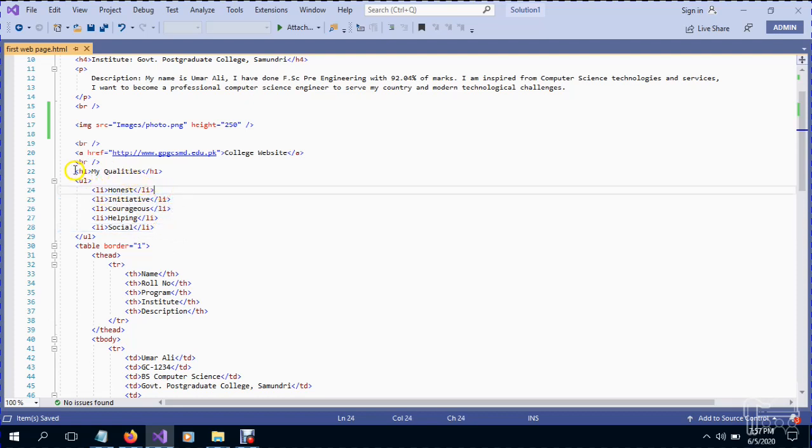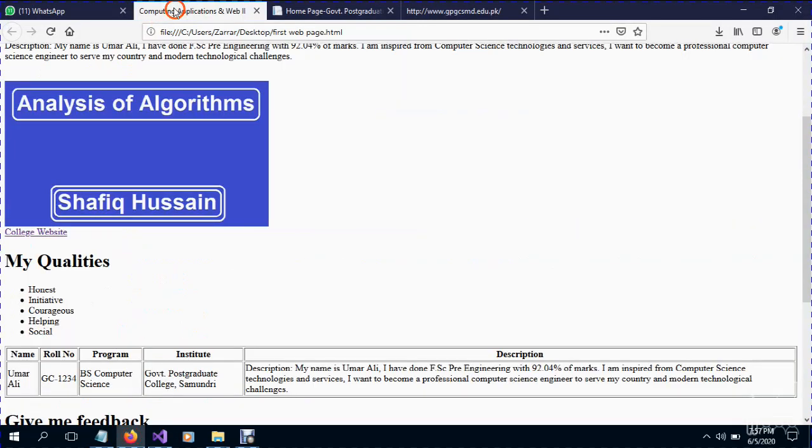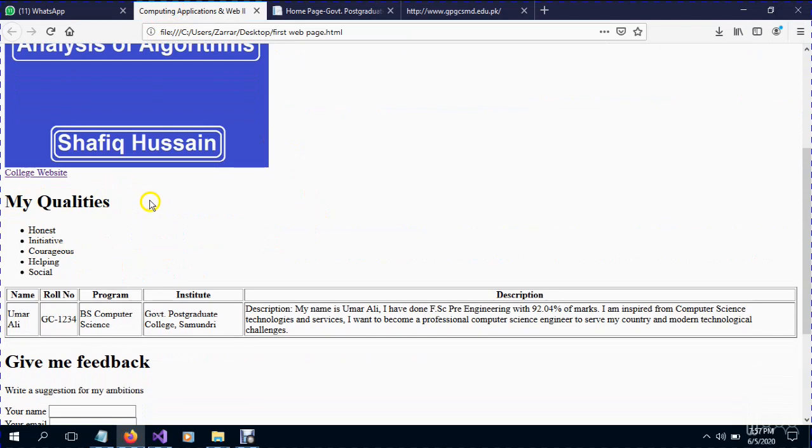First of all I am also giving the heading 1 tag, and in this tag I am giving a text, my qualities, and over here you can see that the qualities are given as list item elements of HTML. Its output will be shown in this way: my qualities, honest, initiative, courageous, helping, and social.